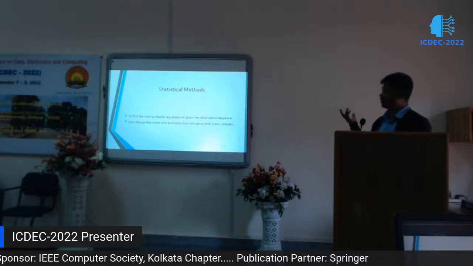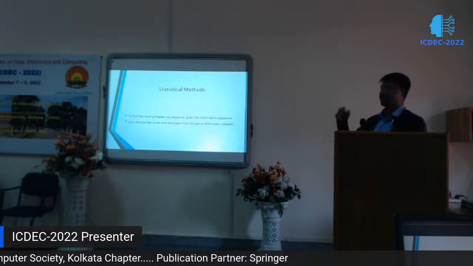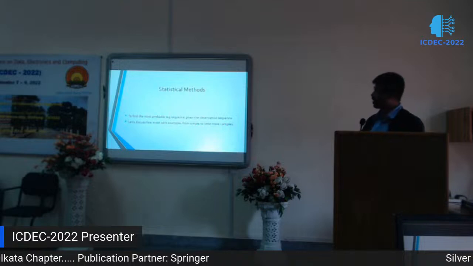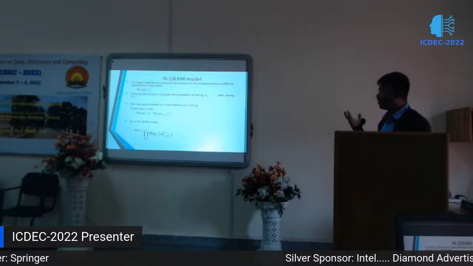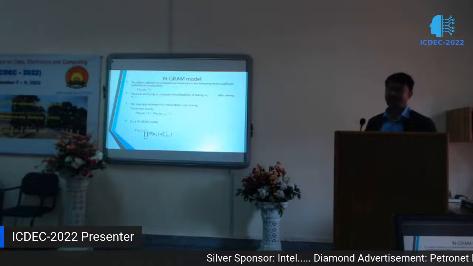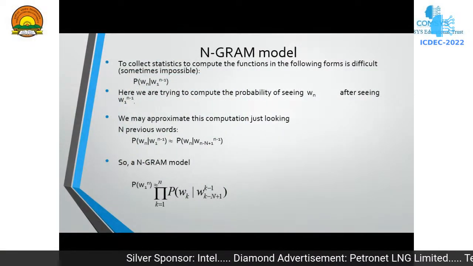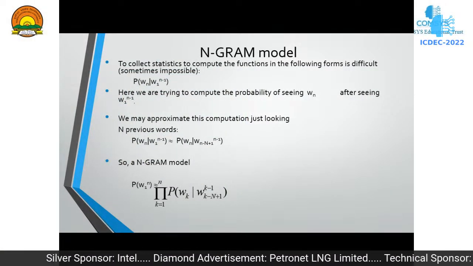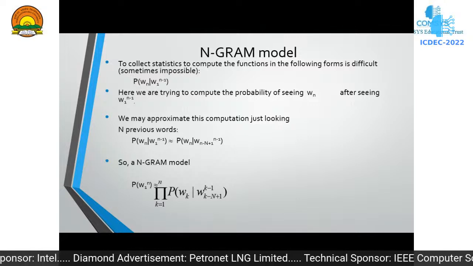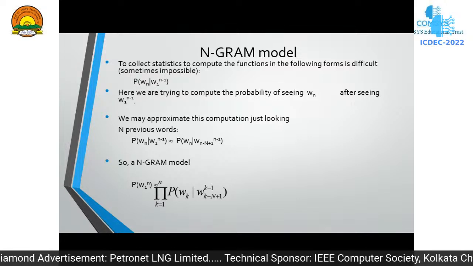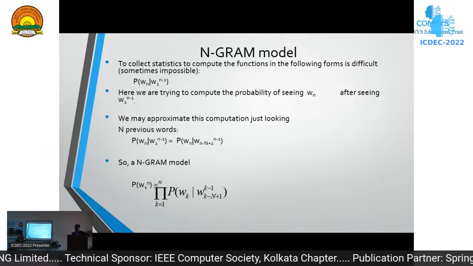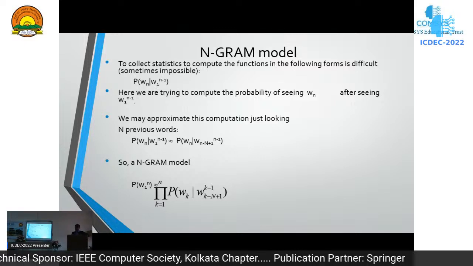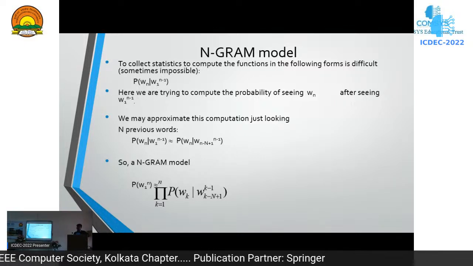In the probabilistic method, starting with the one which I have discussed, we can move on with the n-gram. We already know what an n-gram is. In the n-gram, we are going to get a particular word, or maybe a combination of words. We are going to check whether this particular combination of words comes together or not. Say for example,